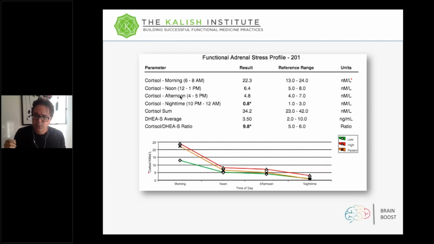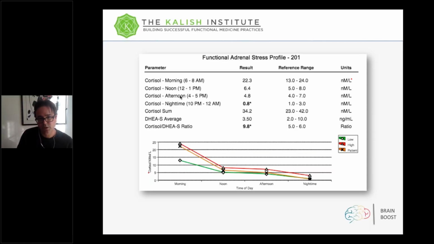The reason we use saliva and not blood is that doing 4 blood tests in one day would probably be super stressful. I don't think you can do that without affecting the results. But also, we're testing what's called free cortisol, which means we're looking for the cortisol that is not yet bound to a protein like in the blood, because that is the cortisol that is biologically active.